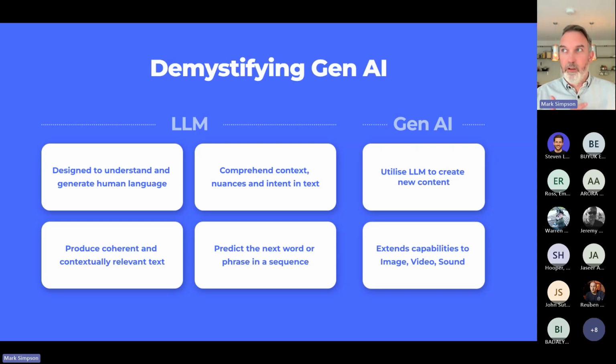All the websites and all of the content it's been trained on is an interface to humans reading it, so it's been really trained in understanding that. It can understand nuances and intent in the text, not just what the text is, and it's really good at producing coherent, contextual, relevant text in answers to you.